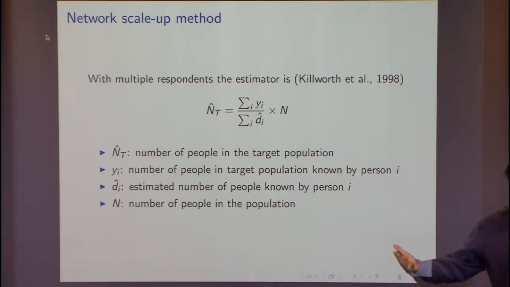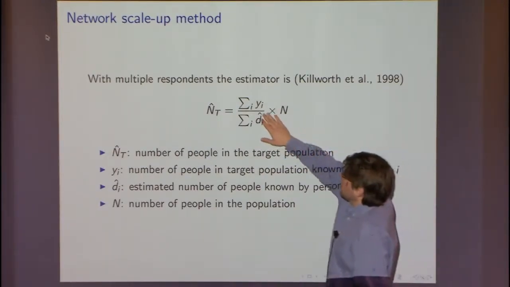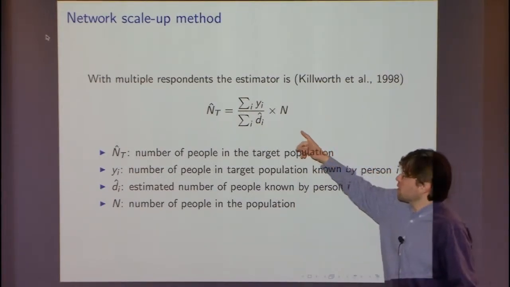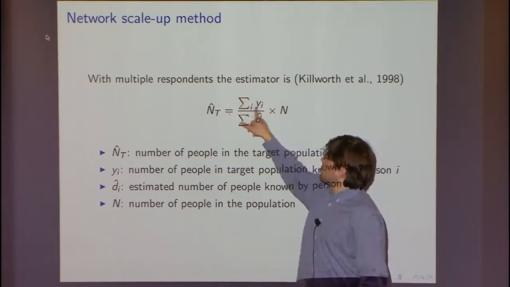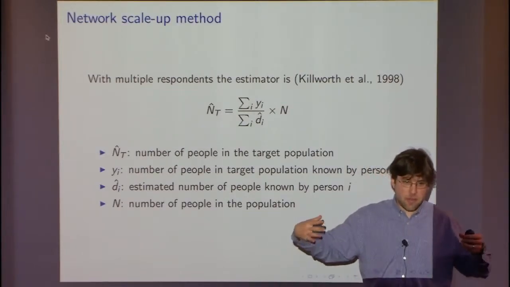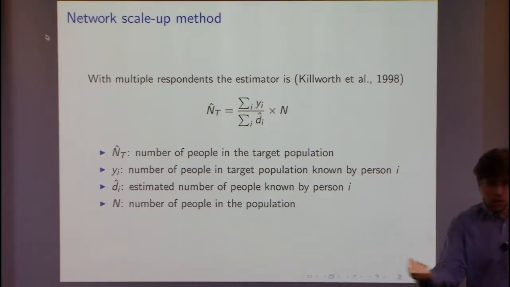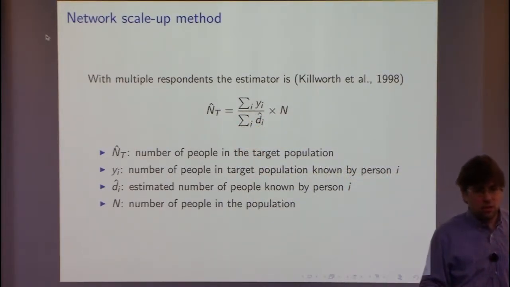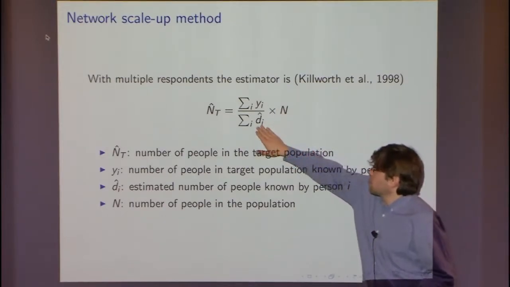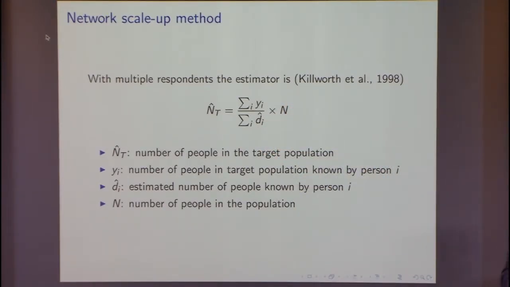So if you take a larger sample, this is the estimator that you get. And the rough intuition for this is you can think of it as sort of a generalized sample proportion. So in a normal sample proportion, you take the number of people who say yes divided by the number of people that you talk to. Here you take the number of people that are connected to the respondents who have that trait, so the number of drug injectors connected to your respondents, divided by the estimated number of people who are connected to your respondents. And then again, you take that proportion, you project it over the whole population.